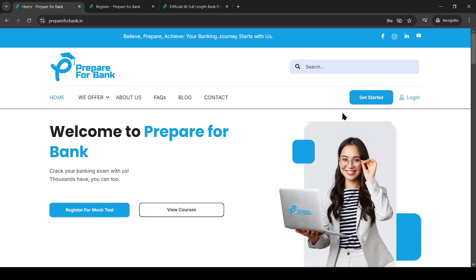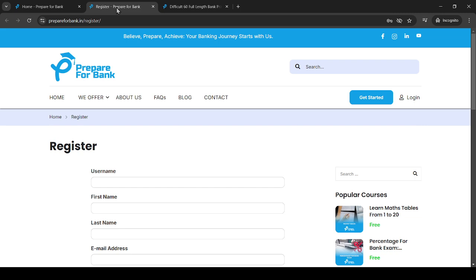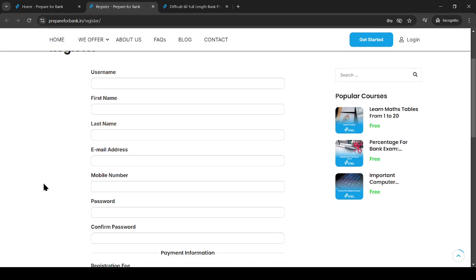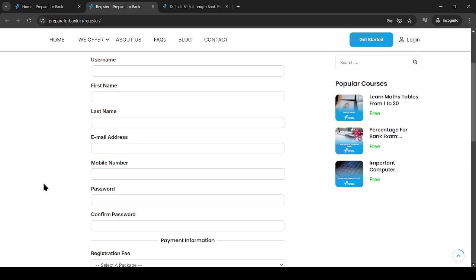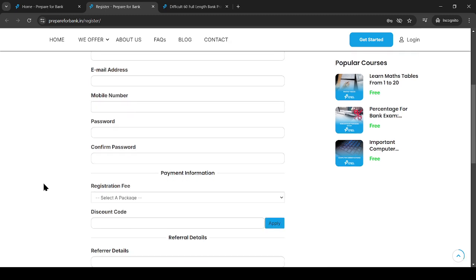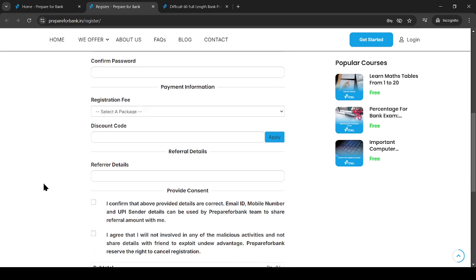You can either start with the Get Started button, or you can register for the mock test. Once you click on either button, you will be redirected to the register page. In the register page you need to enter your username, first name, last name, email address, mobile number, password, then confirm the password.